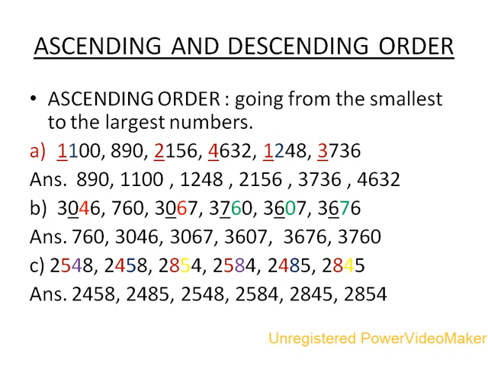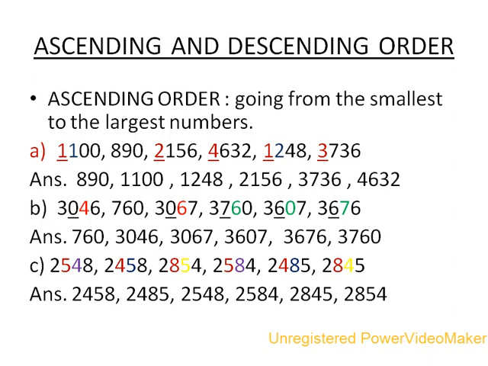Then we will find that 3046 and 3067 are the smallest, and we will compare them to see which is smaller, because the 100 places are also the same. Here at the 10th place, one has 4 and the other has 6. So 4 is the smallest. So we will take the next number, 3046, and then 3067.